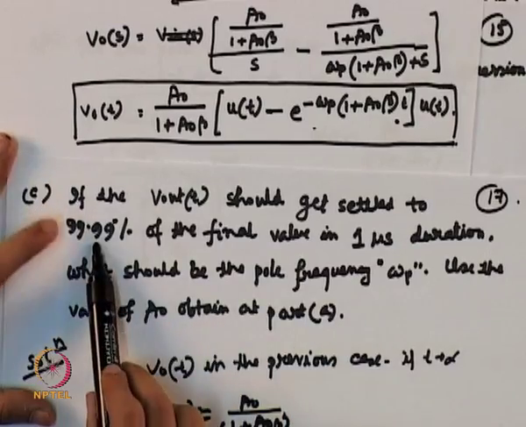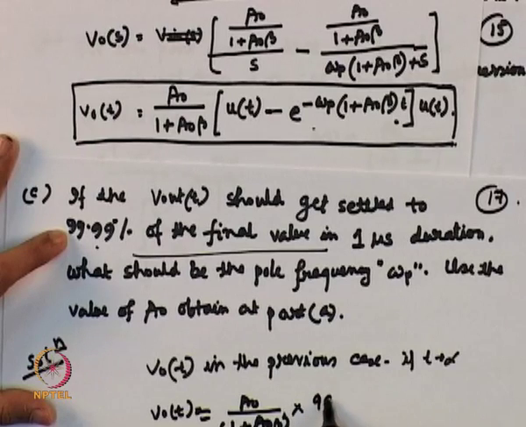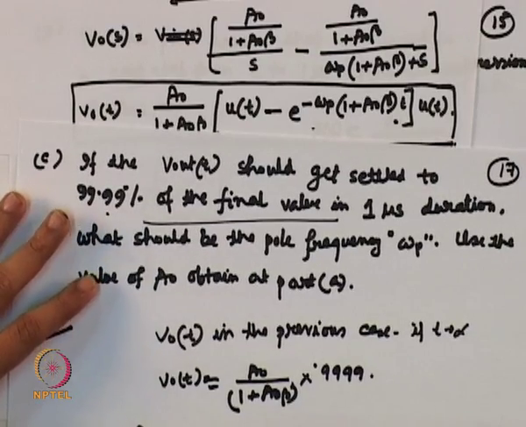And we have 99.99% of the final value, so it will look like 0.9999 A naught by 1 plus A naught beta, which is the final output voltage that is desired,